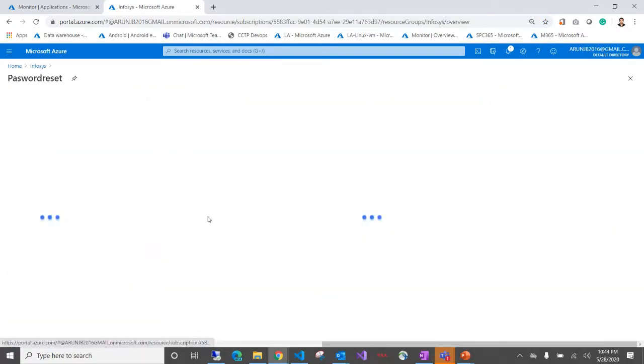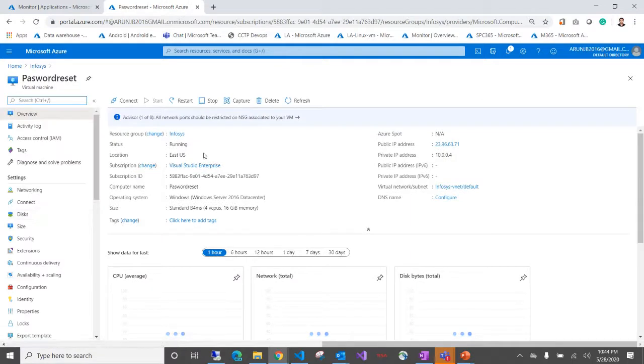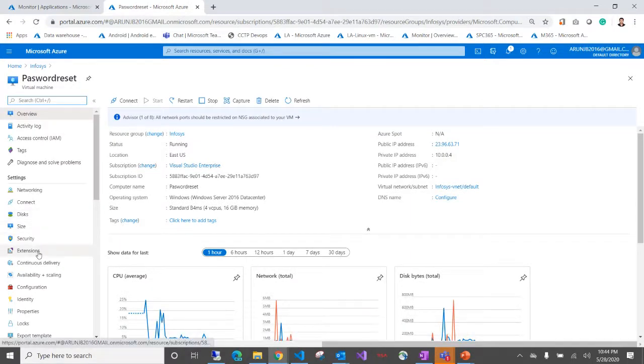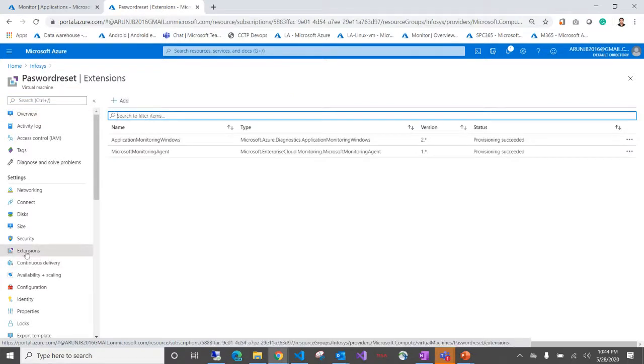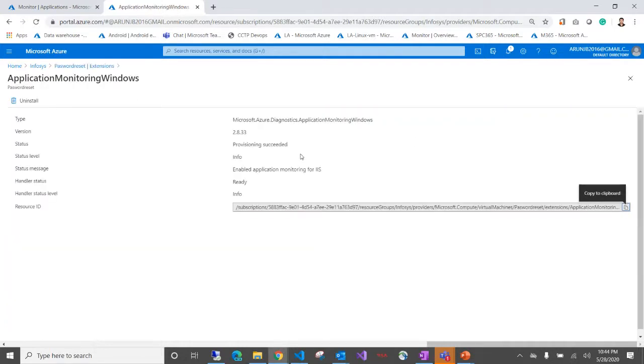I currently have a Windows VM set up, and in case you want to use Application Insights for this application, all you need to do is go to your extensions and there is an agent called Application Monitoring for Windows. Just install that agent. As you can see, I have already installed this agent, and once it is successfully provisioned, your entire server is ready for application monitoring. If you open this, you could see that it's not available yet.